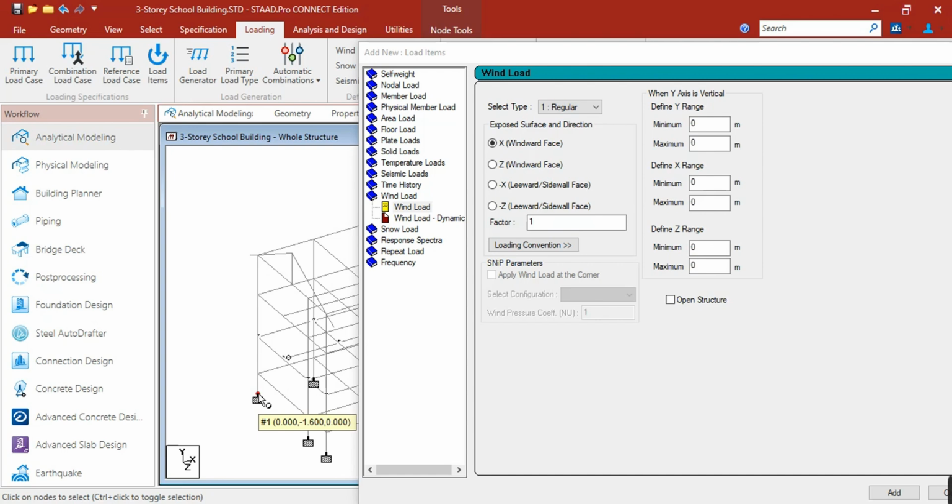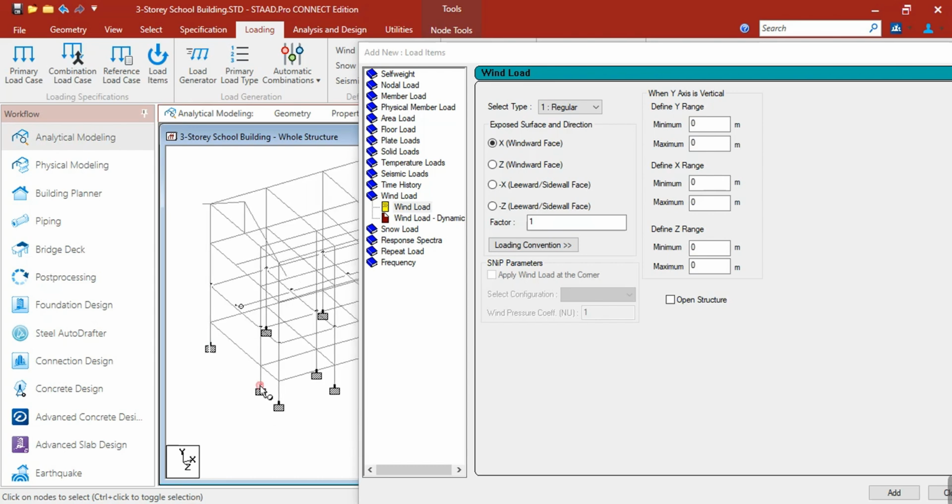Okay, so this is negative 1.6. This is zero to 9.5. So Z 0 to 9.5.